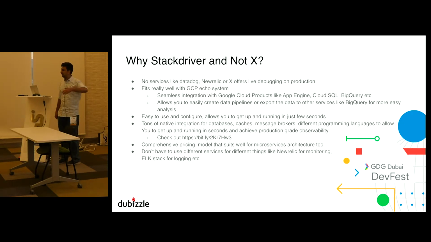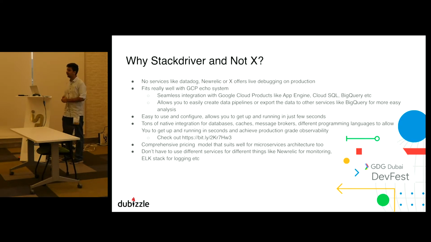If you go to New Relic or Datadog or deploy your own Elastic APM, your pricing model would look like how many servers you are running, or what the configuration of these servers is. Well, it's not the case with Stackdriver. Stackdriver charges you for all the data you gather. So if you are doing application performance monitoring, it will charge you for the hits that you send to Stackdriver instead of charging you for the instance size on which you are running it. So this becomes